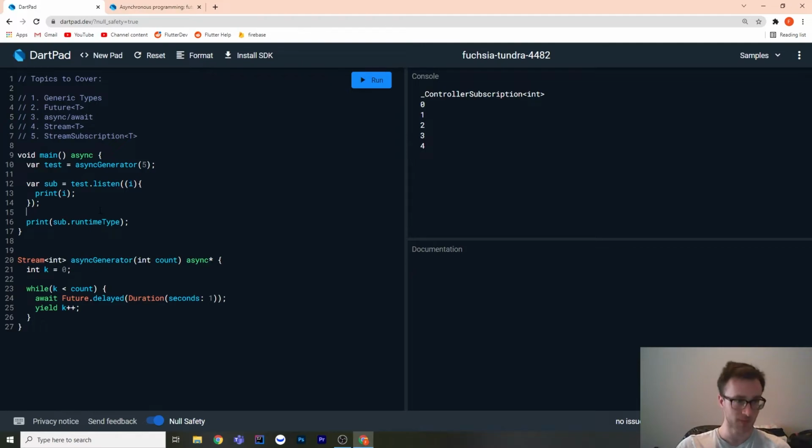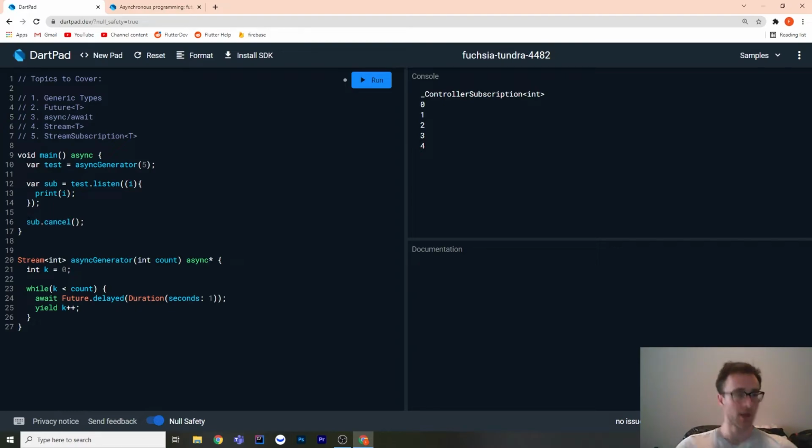And what we need to do is actually cancel this subscription when we don't want to listen to it anymore. This is quite important in Flutter apps, because if you're doing something like calling a set state in your callback, and that widget is disposed, like they went back a screen, if that listener is still listening, you're going to be calling set state when that widget doesn't exist anymore, and you can't do that. So what we can do to cancel it